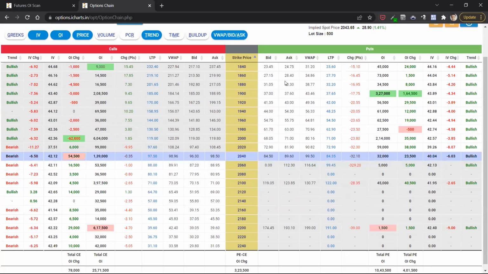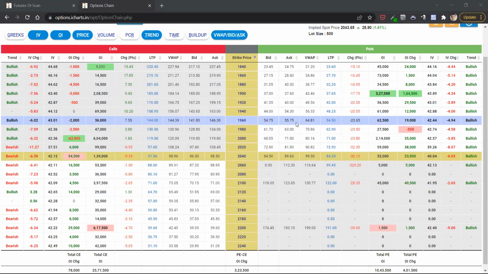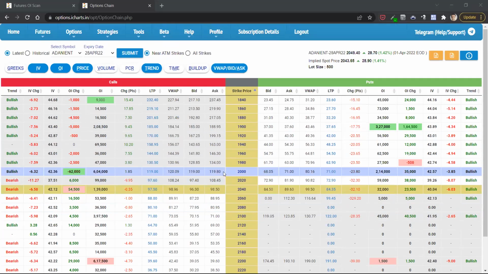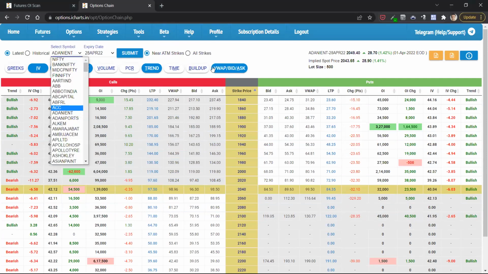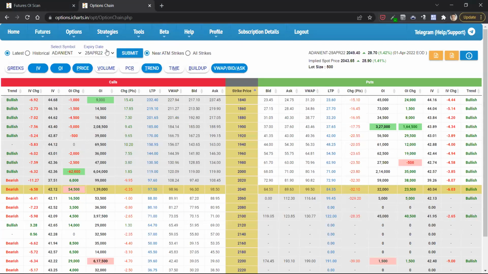So, for in the money puts, it's a lot more difficult because they are not even trading. So only out of the money are liquid. You have to make sure that this bid ask spread is decent, only then get into it. Otherwise, just switch the stock, go to something else. Once you have identified a script, just come back, check liquidity, and then take an at the money long option,